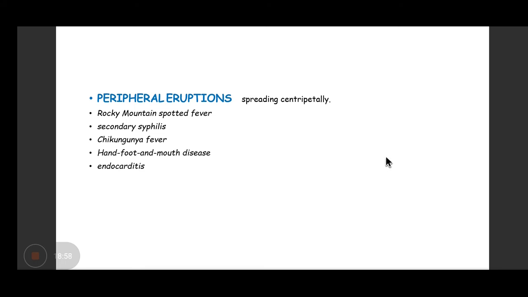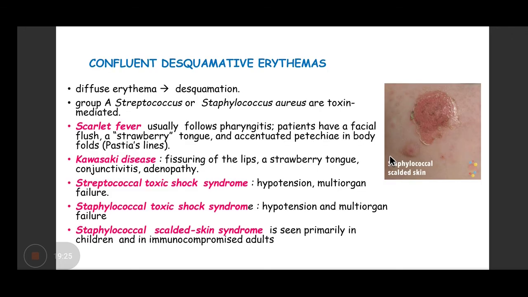In acute rheumatic fever, the erythema marginatum, the rashes are enlarging, they increase in size, and they shift from one position to the other position. Other non-infectious causes of rashes are drug-induced, collagen vascular disease, malignancy, etc. Now, peripheral eruptions, they are present in Rocky Mountain